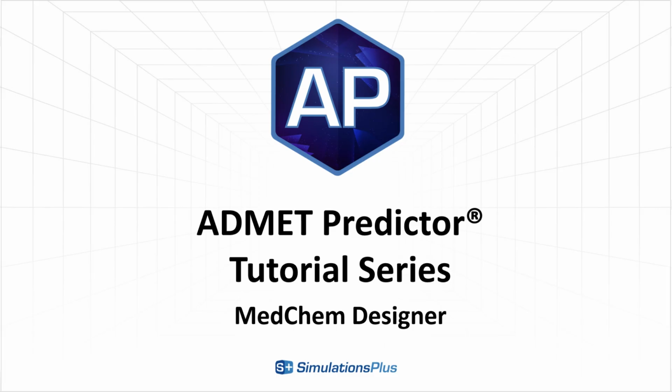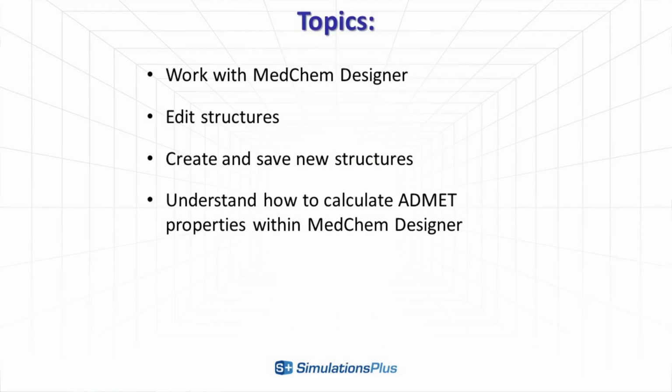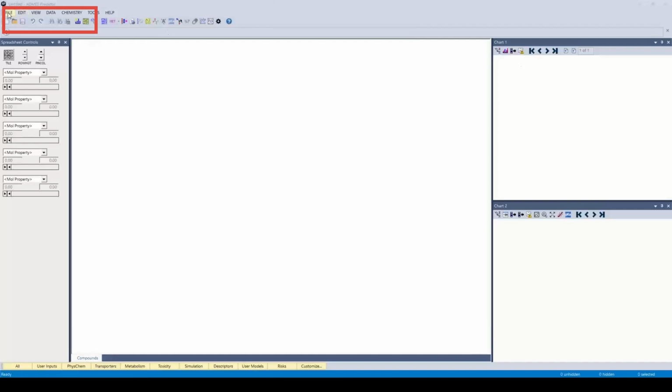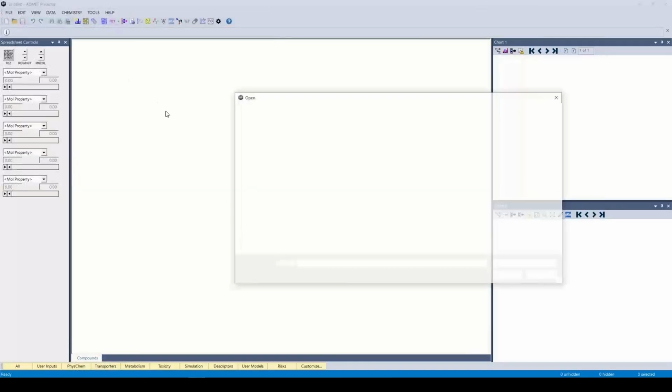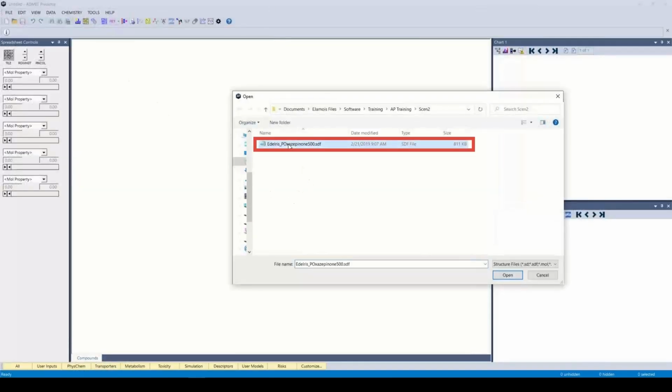Thank you for joining me in this ADMET Predictor interactive tutorial dedicated to MedChem Designer. The topics for today are to work with MedChem Designer, to edit structures, and also to create and save new structures. We will also see how to calculate ADMET properties within MedChem Designer. So without further ado, I'm going to open a file that we have worked with before, which is this set of 500